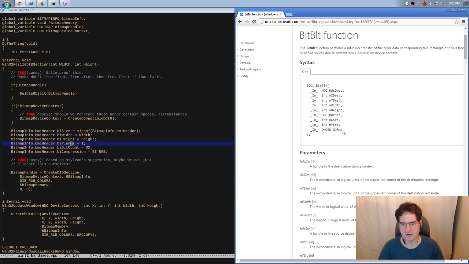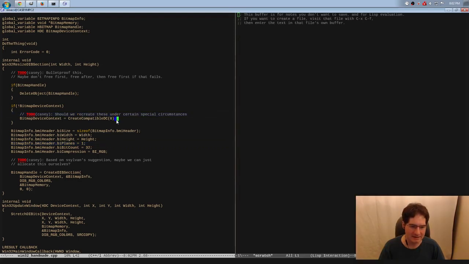BitBlit is what I normally use. And if you notice, BitBlit does not take a pointer to the bits. It has to go device context to device context. So what I was thinking in my head was the stuff you had to do to use BitBlit, which involves creating a DC that you leave around that has the bitmap in it, and that you always do the BitBlit from that DC to the screen, to the window DC that you're actually drawing to. That's what has to happen. You have to do all this stuff because you can't pass a pointer to the bits. But if you call StretchDIBits, which I never do, you can actually just pass a bit pointer, which means you don't even need a DC or a bitmap. So the question is,